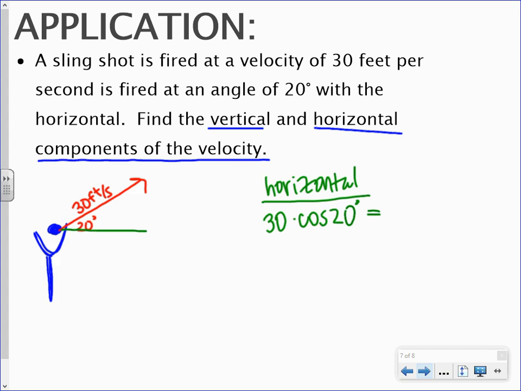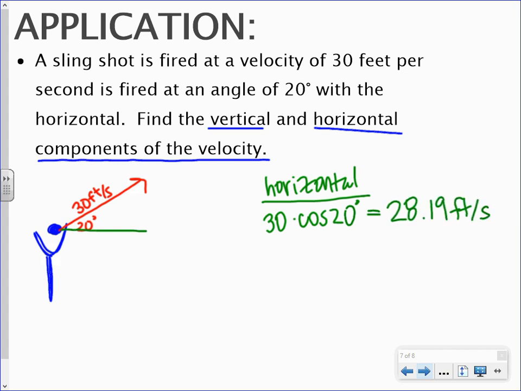Isn't it nice that anything that deals with horizontal deals with cosine? Anything that we do vertical deals with sine. It's going to be like that, no matter what. When we take 30 times cosine of 20, what do we get? 28.19